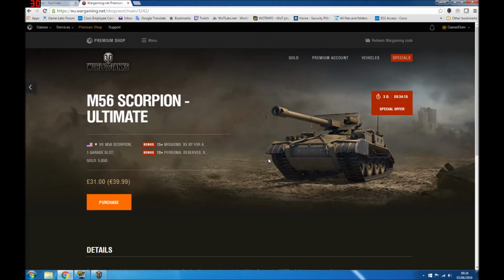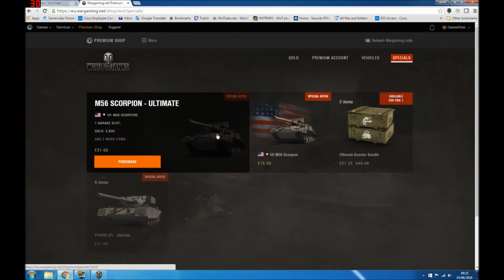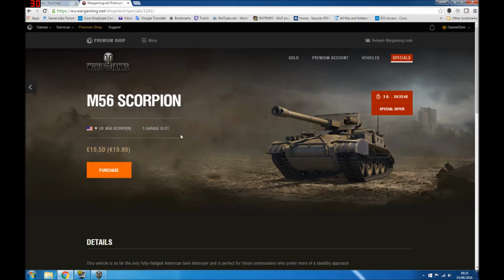But it's not freely available in the shop every day. It's available now for 3 days, so it'll take you through to Sunday, I believe, on the EU server. You get the tank, a garage slot, 5,850 gold, 15 times 5 special missions and 10 personal reserves in a bundle for £31, which seems a lot, just under 40 euros. I don't know, that just seems rather a lot to me. You can, however, just buy the tank on its own with a slot for £15.50, or just under 20 euros,